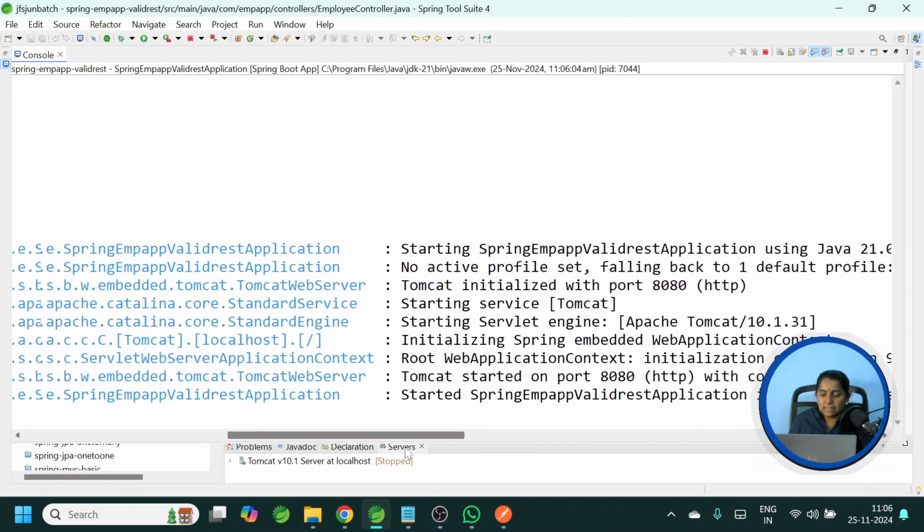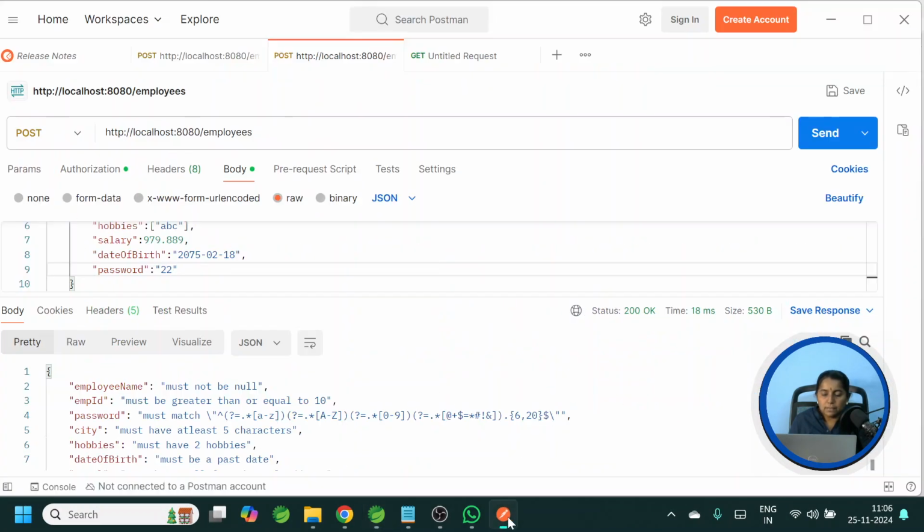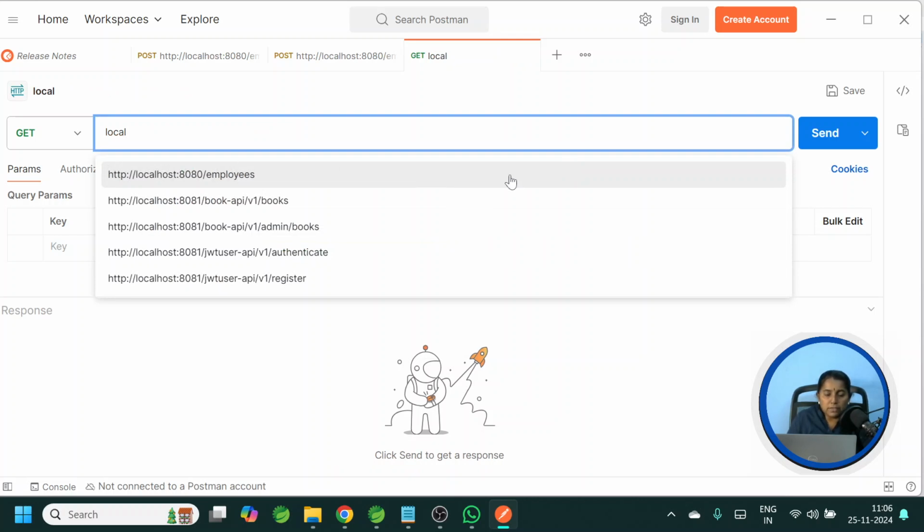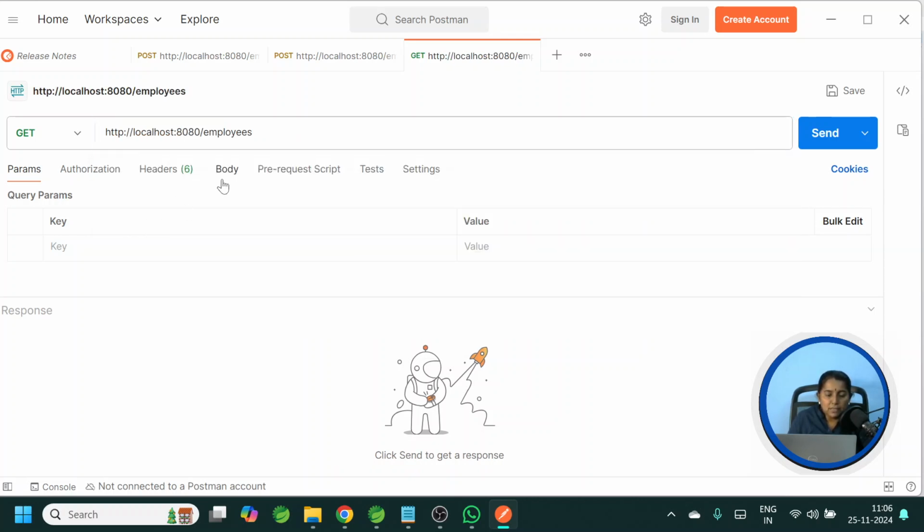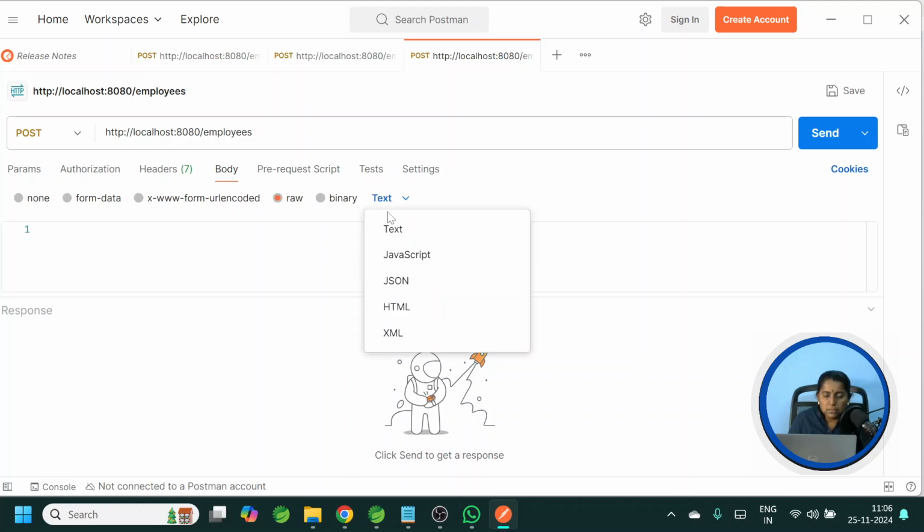The application has started. Let me go to Postman. Localhost:8080/employees. I need to add the body part. The method is POST. In the body,